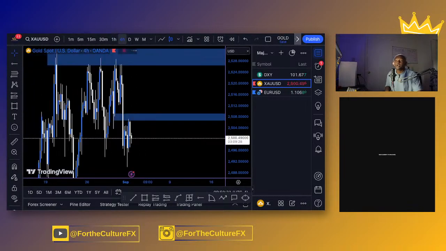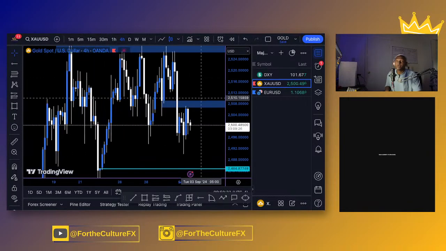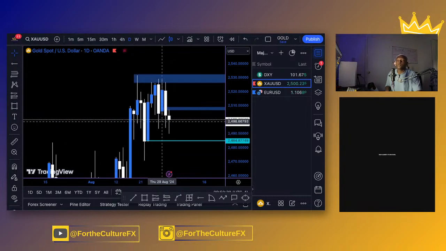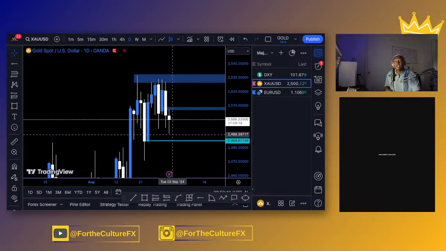So let's take a look here at gold. Nothing really crazy going on as far as gold, but let's take a look on the larger time frame and we'll go from there. So previous daily for gold, in fact, closed bearish, and we can see that it would likely be a continuation